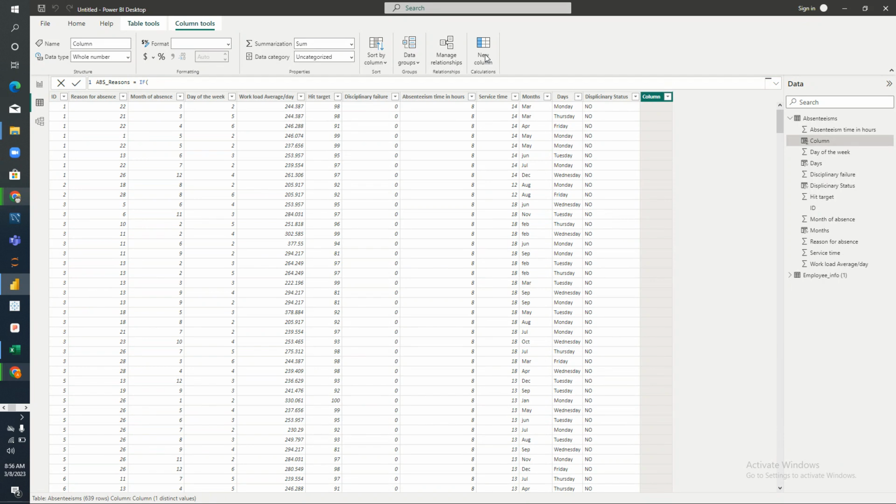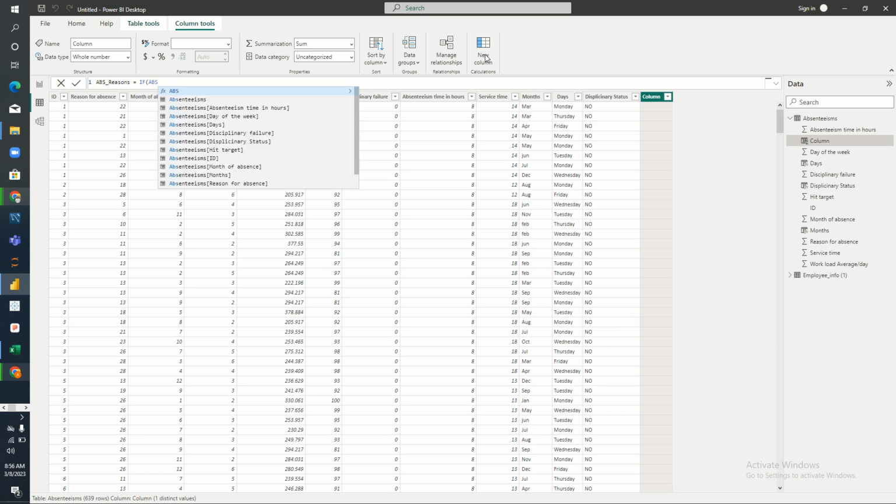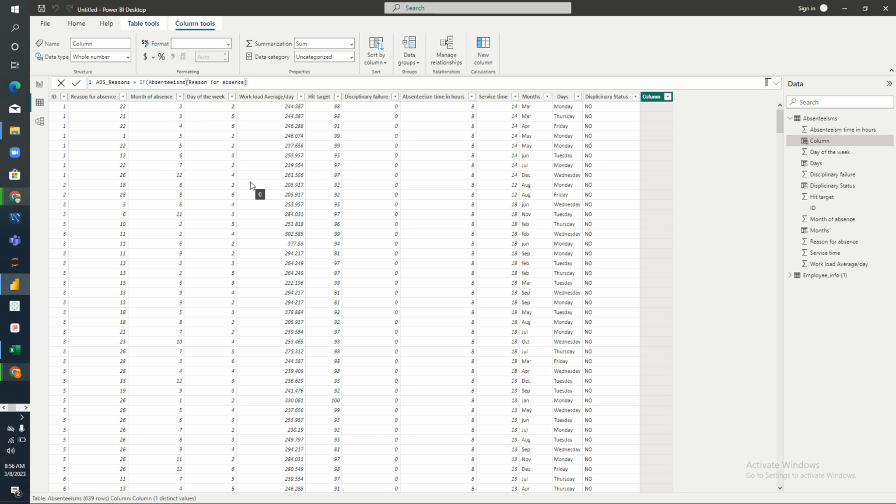To do that, I will be using an if statement. I'm working with absenteeism and we are working with reasons for absence, right? So I'm telling Power BI that if reason for absence is equal to 0, comma, make it incomplete submission, according to what was given to us,